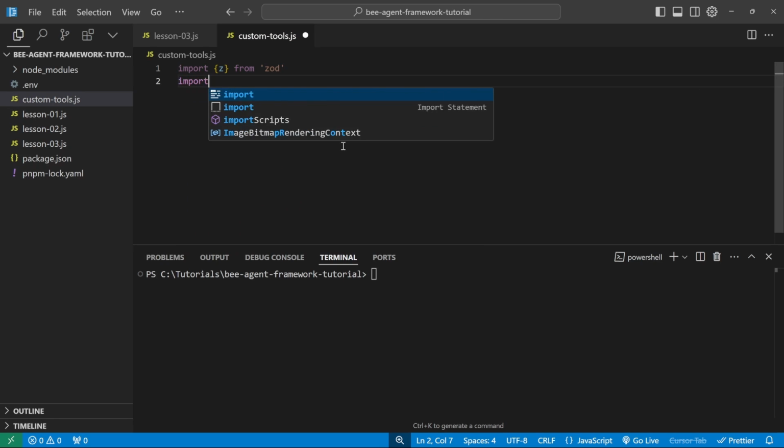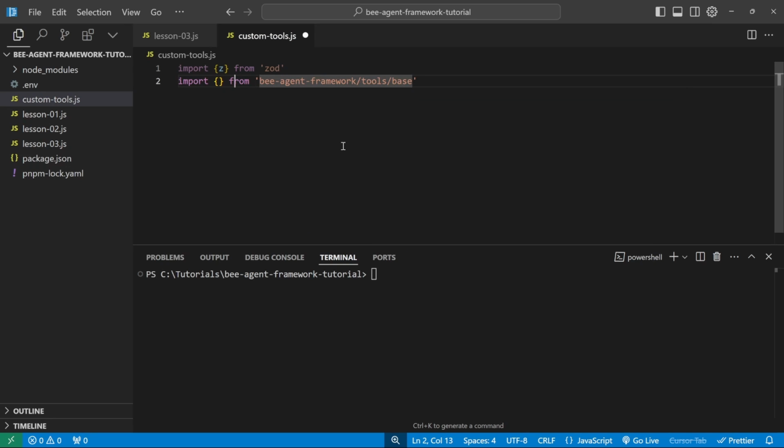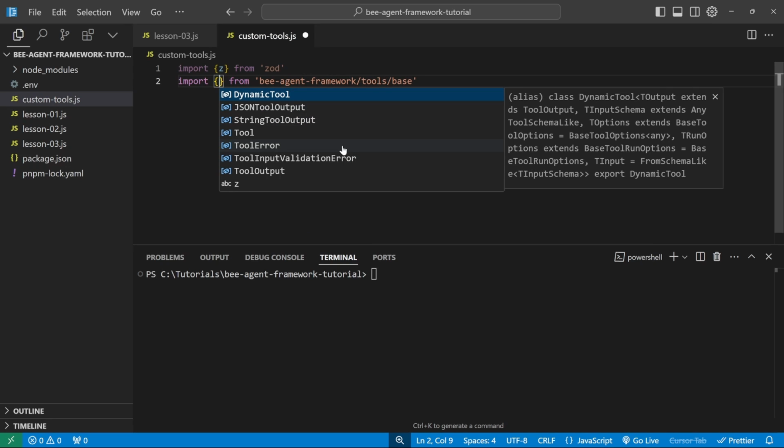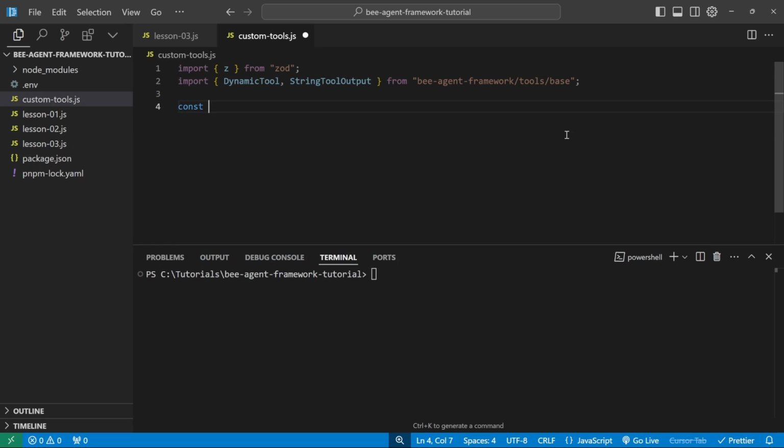Then after that, let's import something from the B-agent framework, then tools and base. And what we want to import is the dynamic tool as well as the string tool output. Now we can define any function that we want. And in this example, I want to build a tool that will allow the user to pass in an issue, and this tool will create a support ticket and return the support ticket number. So let's call this function createSupportTicket, which is equal to new dynamic tool, and this takes in an object as